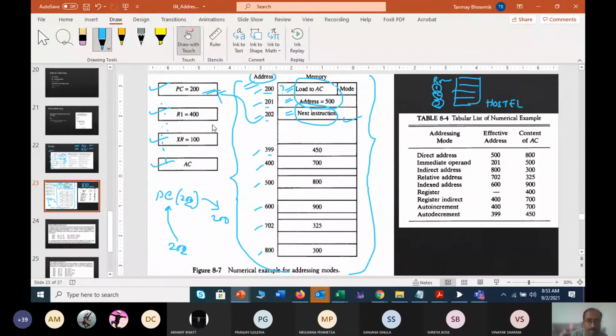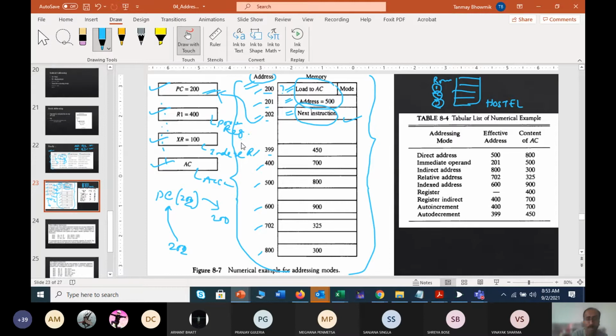So this is your processor register, this is your index register, and obviously this is your accumulator. So these are all the data you have been provided.